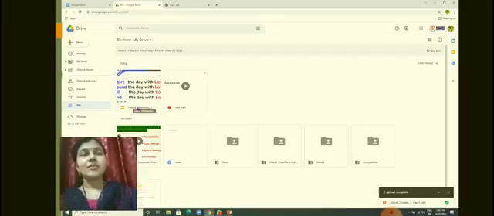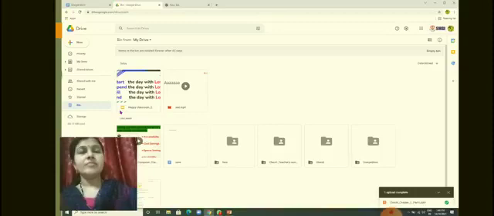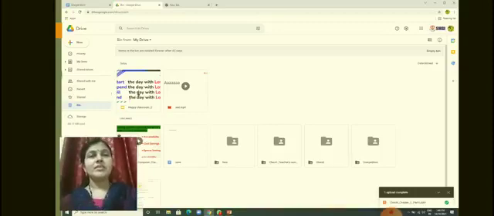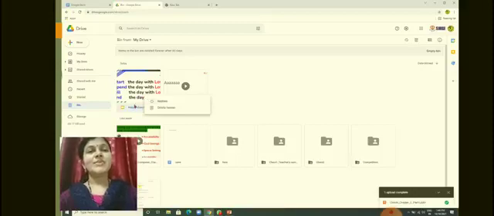After some days, before 30 days, you may realize that you need that file back. So there is an option to restore. When you click on the right button, there is an option restore.